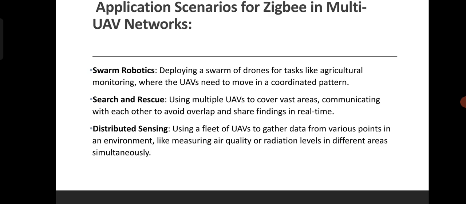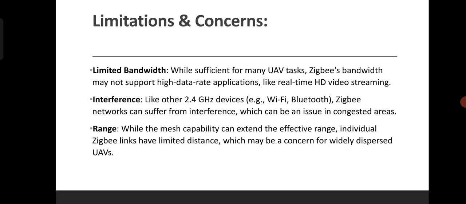And distributed sensing: using a fleet of UAVs to gather data from various points in an environment, like measuring air quality or radiation levels in different areas simultaneously. Now limitations and concerns: limited bandwidth, interference and range. While sufficient for many UAV tasks, Zigbee's bandwidth may not support high data rate applications like real-time HD video streaming. Interference: like other 2.4 GHz devices, Zigbee networks can suffer from interference, which can be an issue in a confined area. And range: while the mesh capability can extend the effective range,